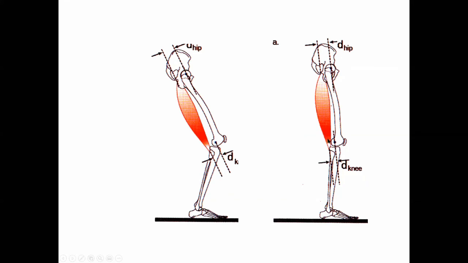And when you straighten the knee, the hamstring comes closer to the knee, and hence the lever arm of hamstring at the knee becomes disadvantageous. Hamstring doesn't want to work any longer as a knee flexor. The hamstring wants to work as a hip extensor. When you correct the knee flexion deformity, similarly, the gastrocnemius now wants to work as an ankle plantar flexor. It does not find it profitable to work as a knee flexor. So whenever you correct the knee flexion deformity, you will find that the power of ankle plantar flexion will increase and power of hip extension will also increase. This was the point I was going to make.